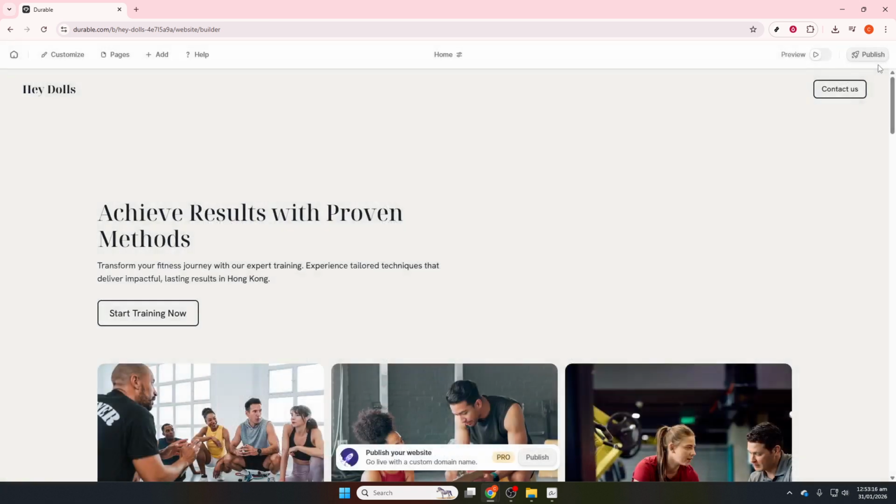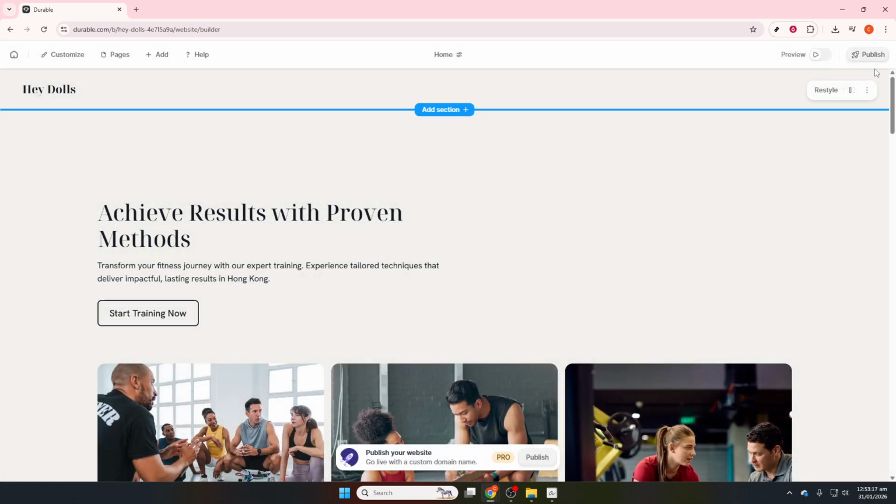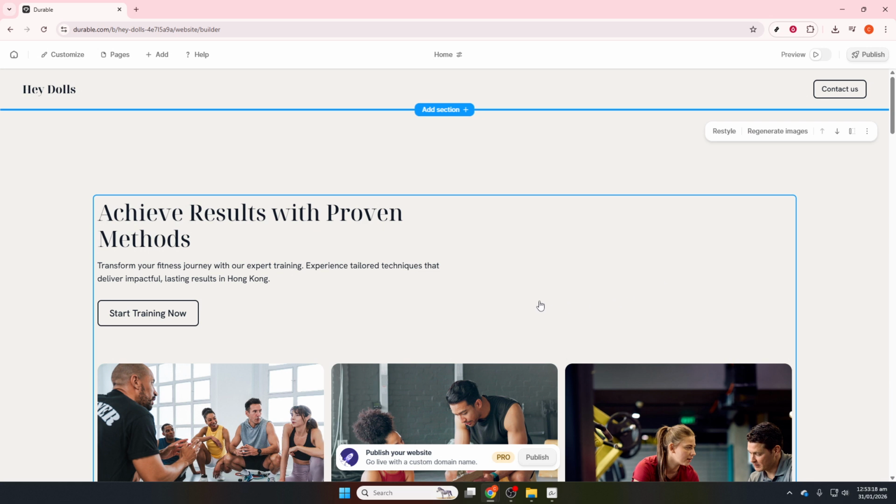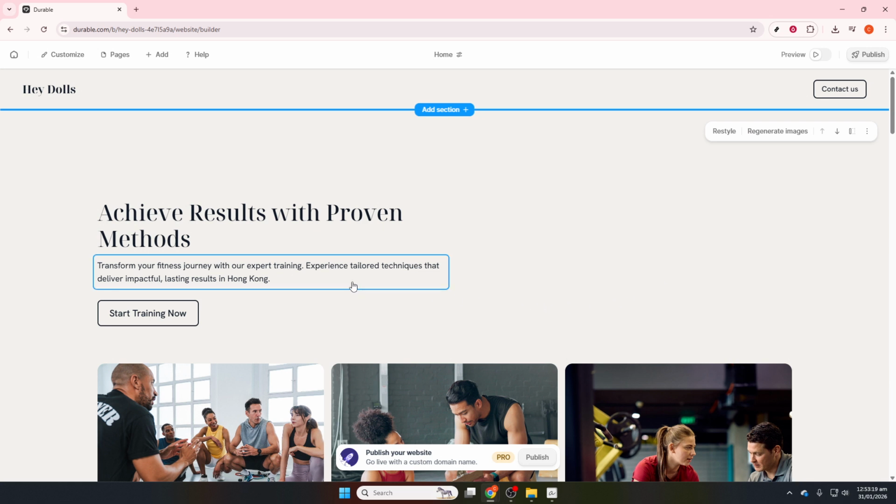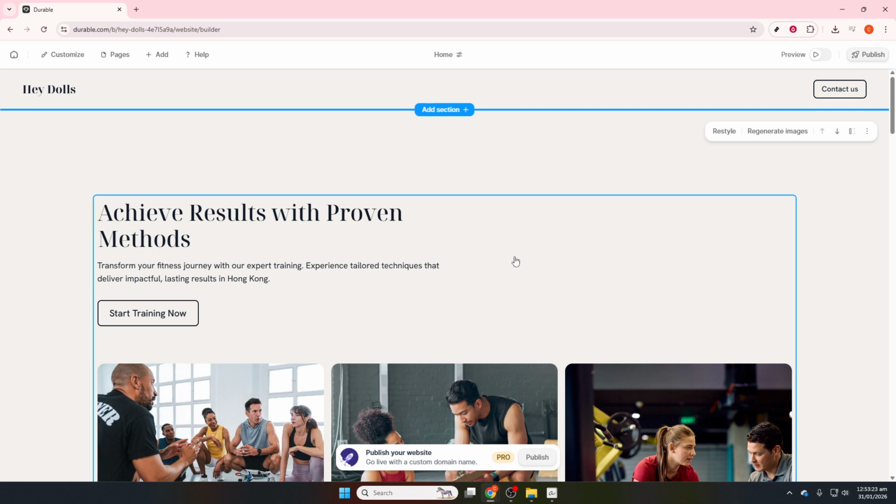Finally, visit SEO and settings. Edit page titles and meta descriptions to clearly describe each page, update your business info, and connect Google Analytics on a paid plan for traffic insights. With that, your Durable AI website is live, branded, and